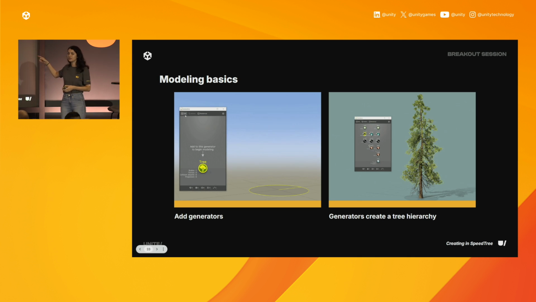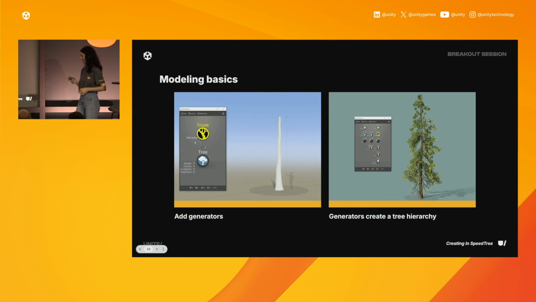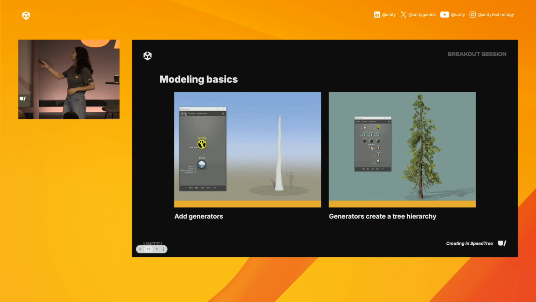But what I do want you to notice is that in this GIF on the right, and I know some of you are probably cringing because I said GIF, but if you want to change my mind after the talk, you can try to change me to GIF. Anyway, I digress.